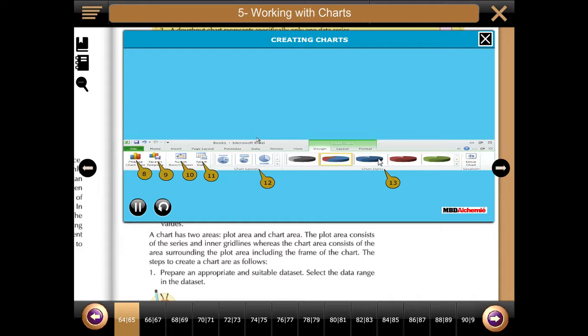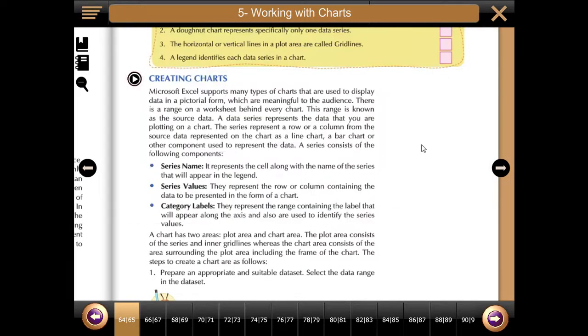Now you understand how to open the charts and how to use any sub chart, and we can change their x-axis to y-axis, y-axis to x-axis data. That is called swapping of data. Again, we can apply different styles.